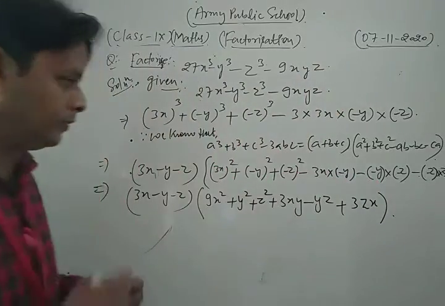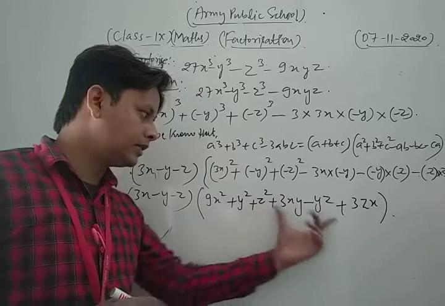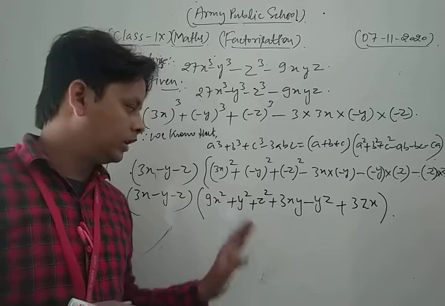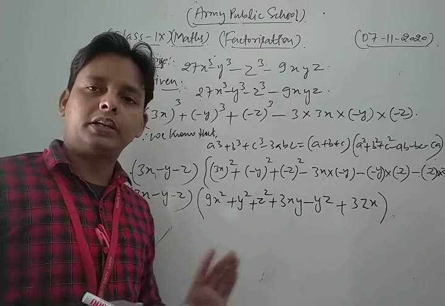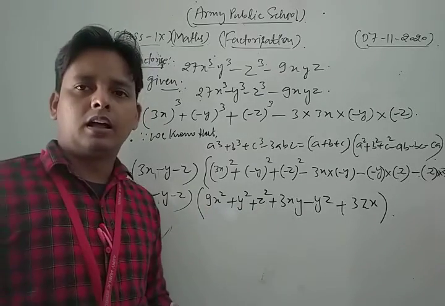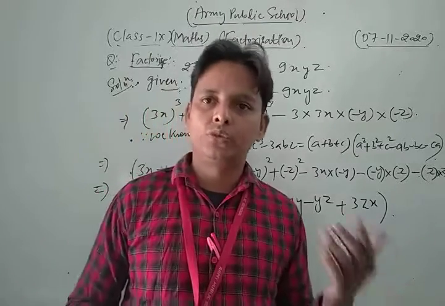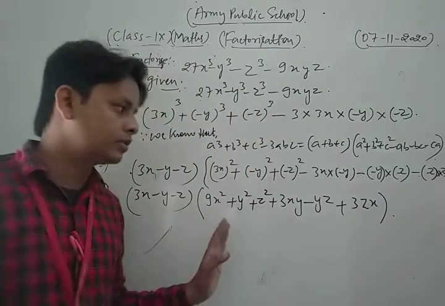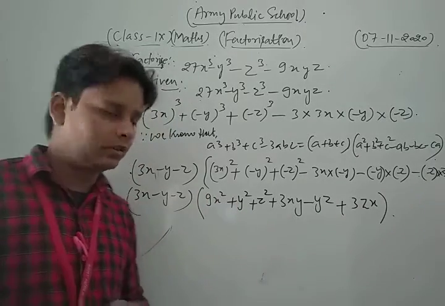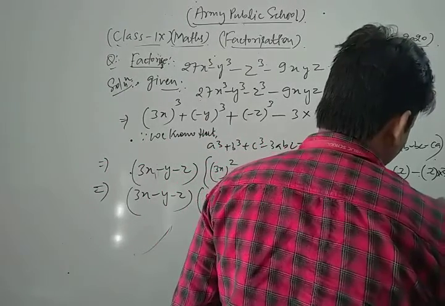Okay, so look. Now please observe whether any of these are like terms or not. All terms are different, so they can never be added or subtracted, because these are unlike terms. Unlike terms means terms which have different algebraic factors. So here all these terms are unlike terms, so we never add or subtract them. Now this is our required solution of the given question, dear students.